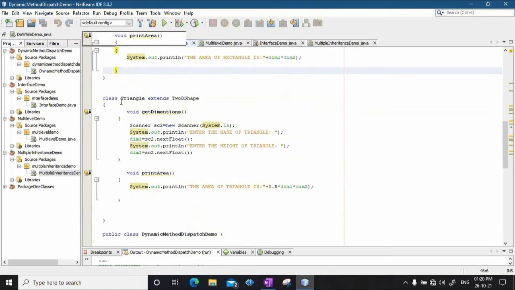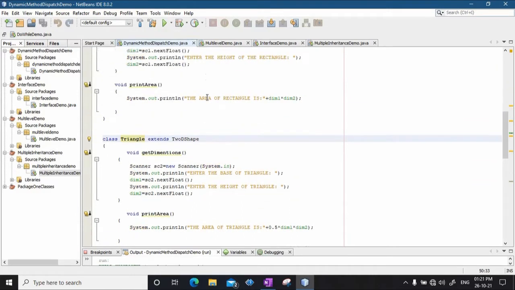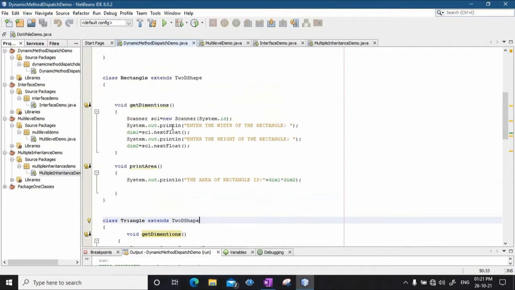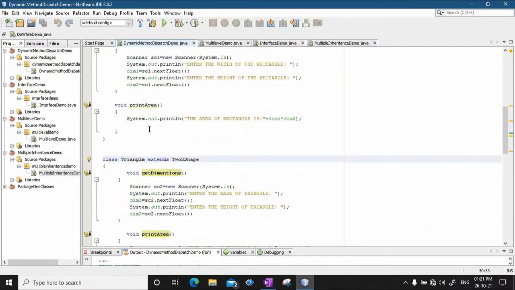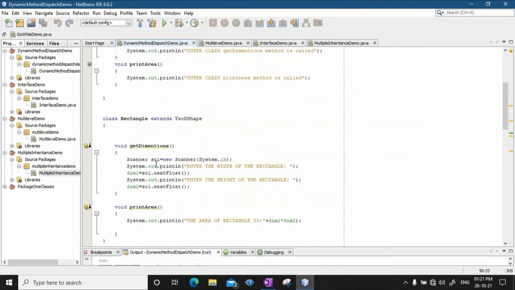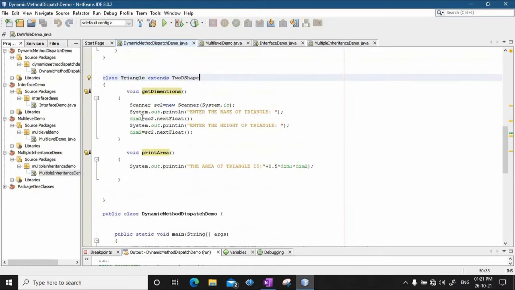Then we have another class called triangle, and this triangle class also extends 2DShape. Notice that the rectangle class is a subclass of 2DShape, and now the triangle class is also a subclass of 2DShape. So again, the triangle class defines the getDimension method according to its own need.